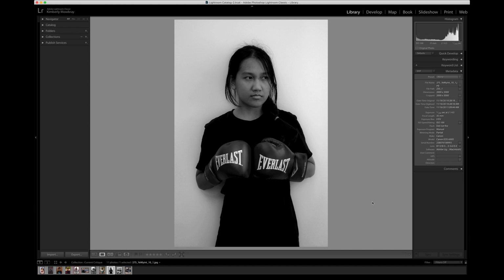The narrative of her boxing, coming out of boxing practice, we have the gloves on her, but there's not really anything else with that narrative. And putting her up against the white wall kind of simplifies it. And it simplifies it in a way that I think is cleaner and more successful than the rock wall that we just saw. So I think the white wall lends itself to being more of a formal Avedon sort